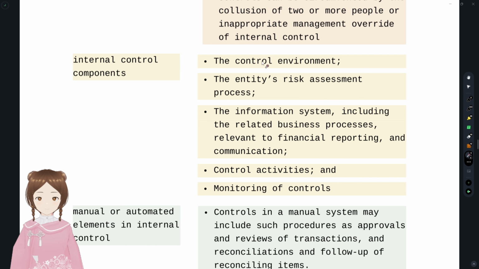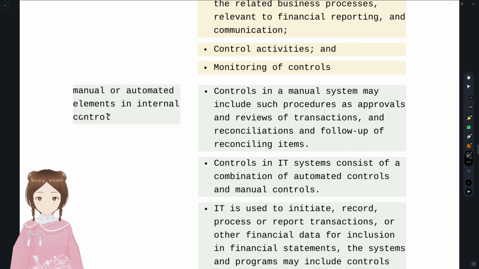This is a cyclical process. First we design policies and procedures, and the management does assessments whether such policies and procedures could achieve the objectives of the entity or not. They have to assess the risk with regards to that, and all the policies and procedures that they have decided have to be communicated to whom? To the one who does the internal control activities, and to the one who monitors, like a manager who monitors the controls. That's it. It's very simple. You can remember it and write it in your exam.